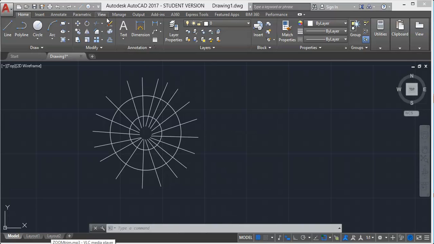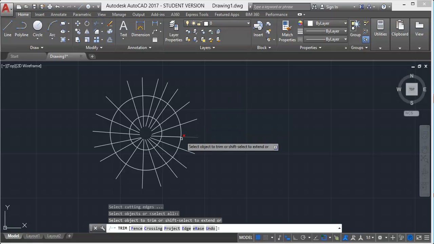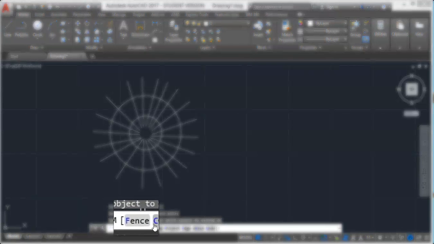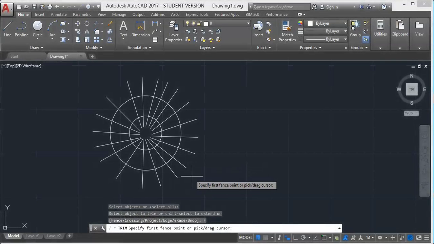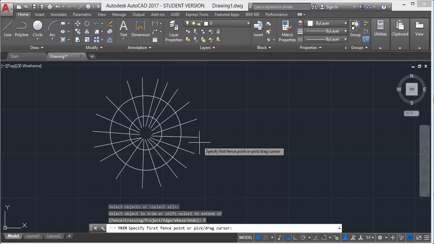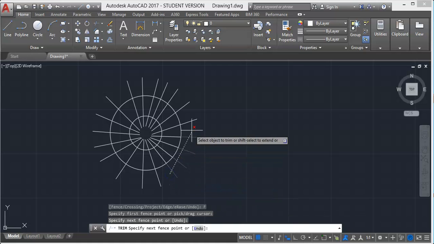Now let's move ahead to other subtools associated with trim. For that, select trim and hit enter. Now we have the option fence. Click on this fence and it will ask you to make a fence, but I will switch the snapper off before making a fence.